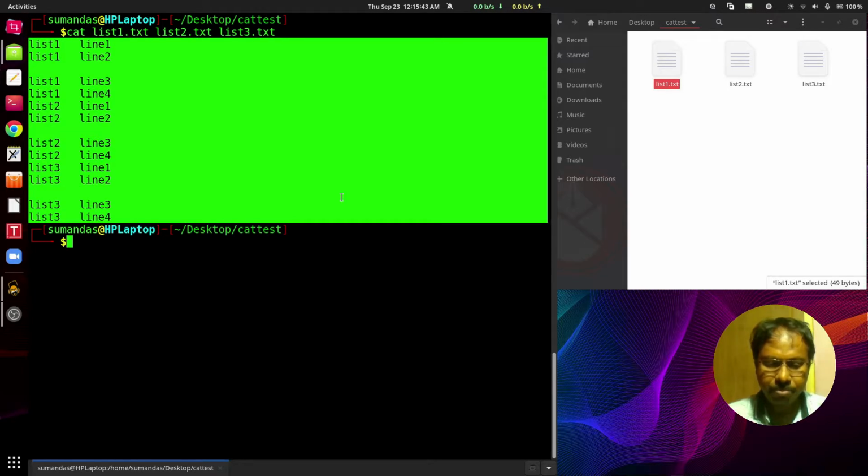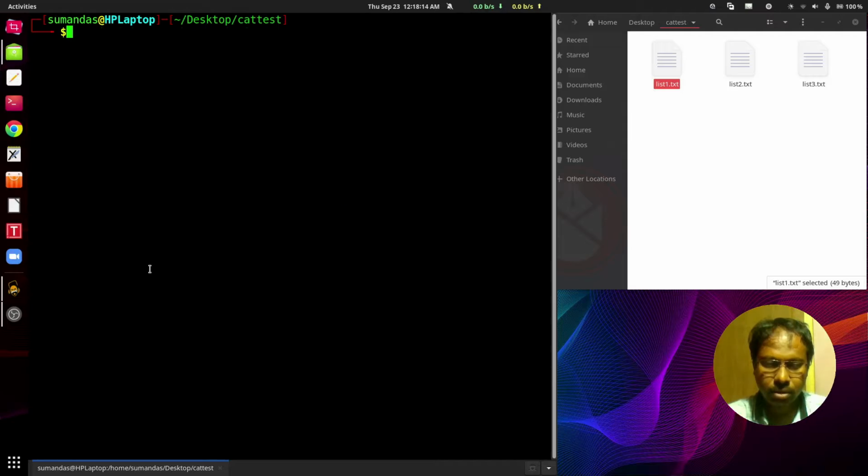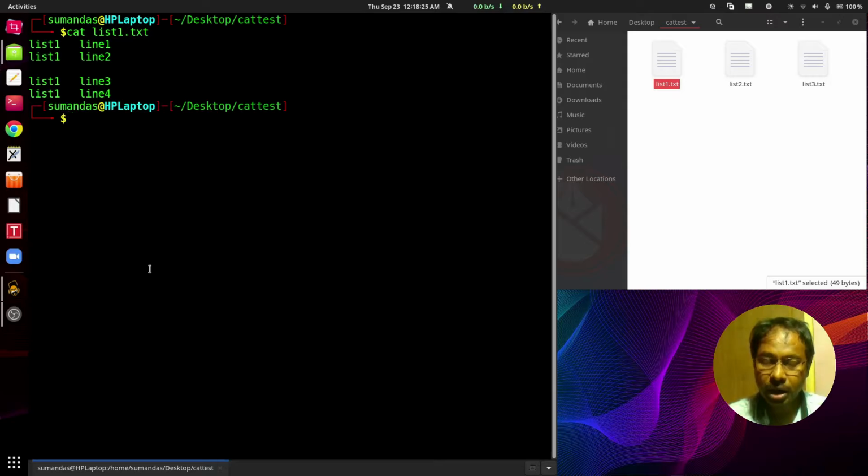Now once again press Ctrl L. Now once again I am getting the output for the list1.txt file. Now I am using a flag with the cat command, and that one is -b, then the name of the file.